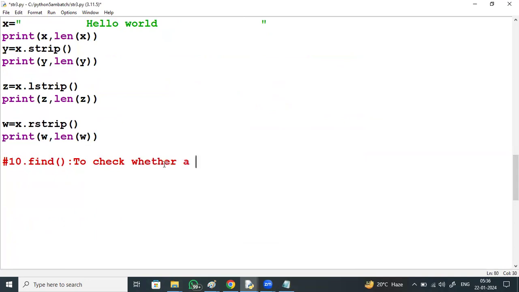Find: to check whether a substring is available or not.